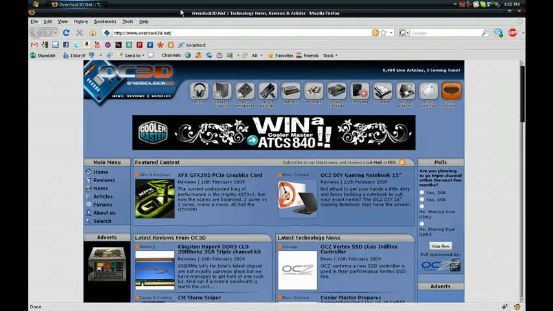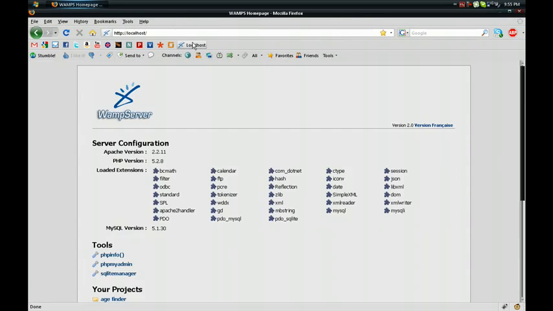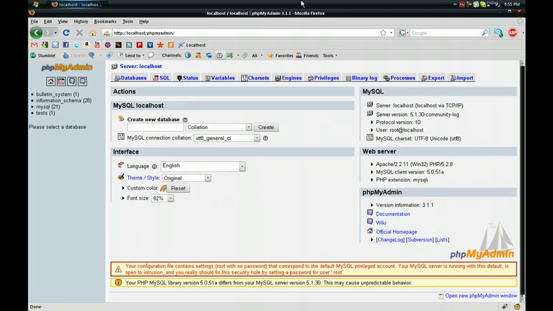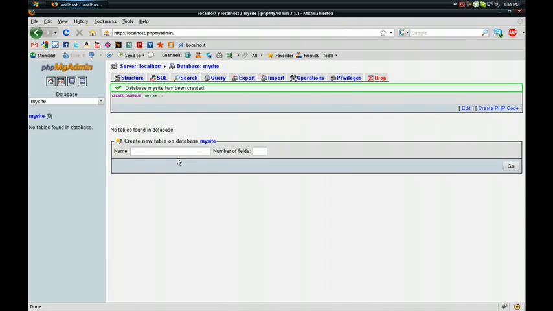So once you have your server installed, we're going to go to localhost, and then you're going to find your SQL manager. If you use SQLite, then you can use that, but I use phpMyAdmin, I think it's very useful. So we're just going to create a new database, and we'll call it my site, and we'll click create. Once it's created, we're going to create a table called content, and to avoid conflict, we'll call it site